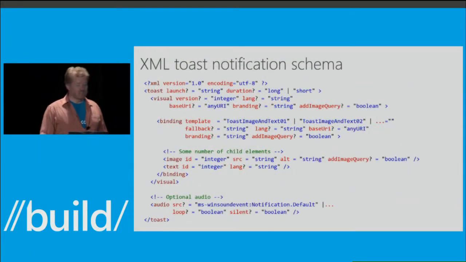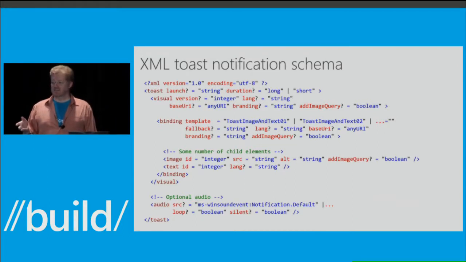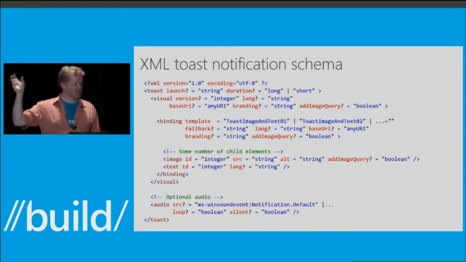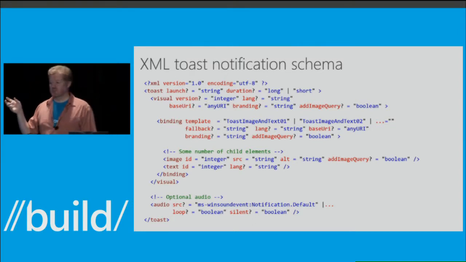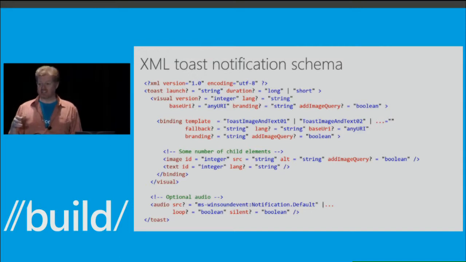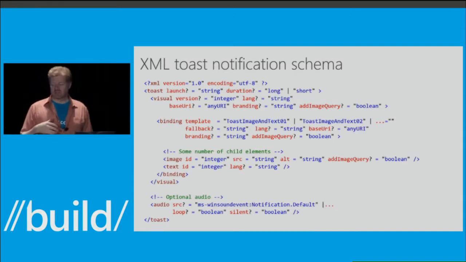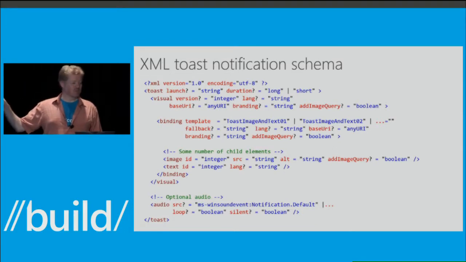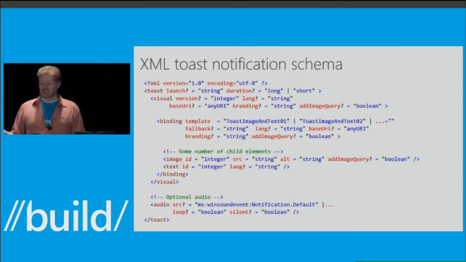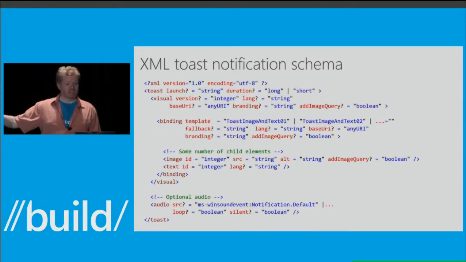Now, the XML toast schema is very similar. You have a lot of the same kind of stuff on it. The toast element itself gives you the ability to specify launch parameters as well as a long or short duration. And there's a place in the Ease of Access Center PC settings that lets you determine what the short duration is. So you can set it to somewhere between 5 and 25 seconds. And then a toast just has a binding element with a template in it. It's got some images and some text, and then it also adds this little audio option down at the bottom, so alongside the visual there is also an audio